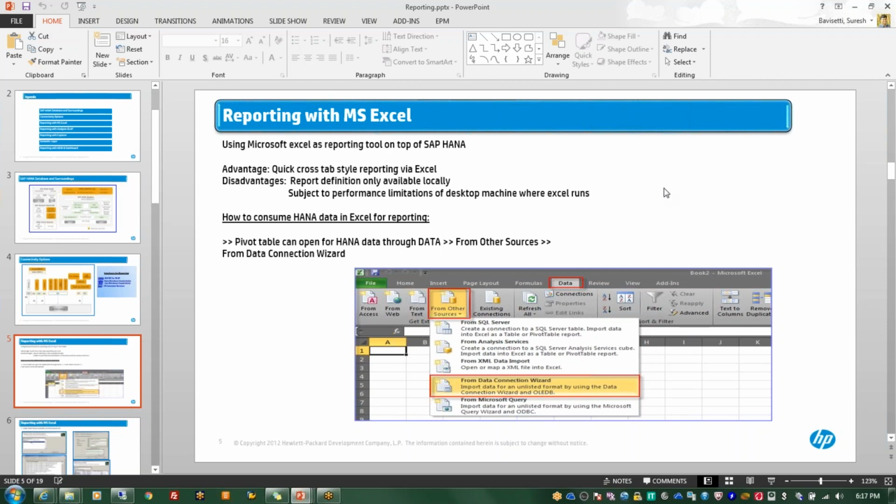First is reporting with MS Excel, using Microsoft Excel as a report tool on top of SAP HANA. The advanced